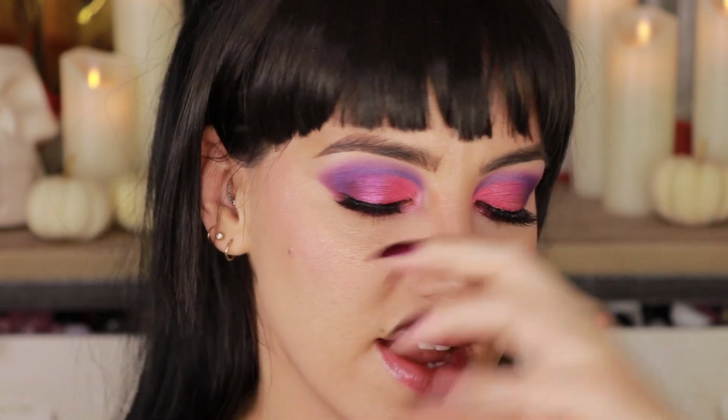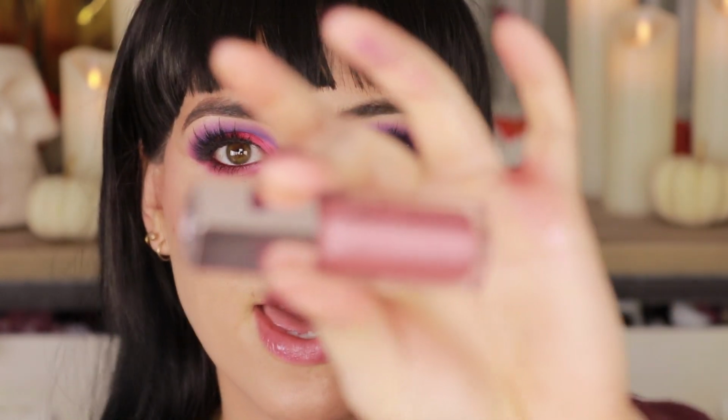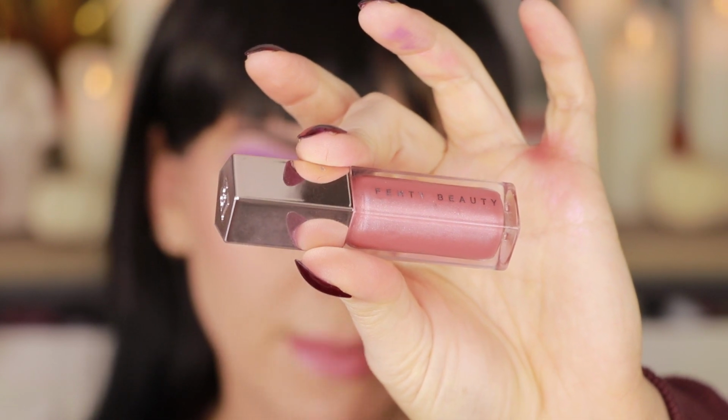I want to keep it very, very simple for the lip, because sometimes if you wear a really bright cut, kind of structured eye, it just looks so good to pair it with just a wash of gloss, you know? What I'm gonna use today is the Fenty Gloss Bomb in the shade Fussy, which I've just